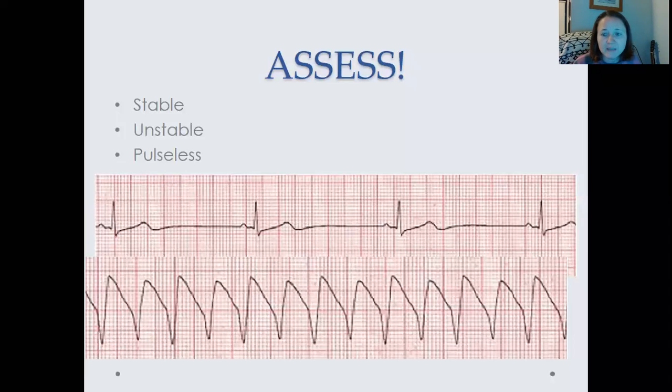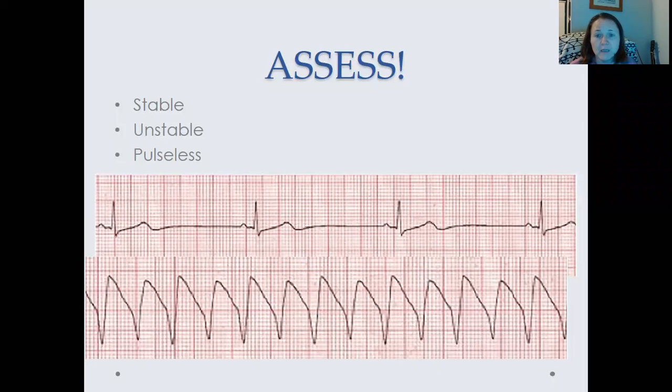Okay, so let's talk about what we are going to do about it. As I've said, the first thing we're going to do is assess. We need to see what this means. And again, we're going to go through our same talking about this being stable versus unstable. Remember, VTAC can have a pulse. So if you have a pulse, then